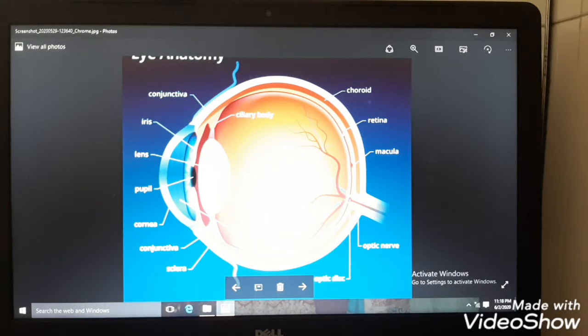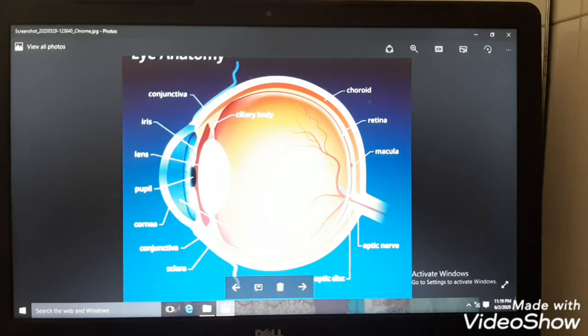And what are cone cells? Cone cells are actually color sensitive, they will tell you the color of the objects. With the help of these cone cells only, you are able to distinguish between the different colors. When a person is unable to distinguish between different colors, this condition is known as color blindness. Sometimes it happens with the purple color, people say this is blue when this is purple. So sometimes a person is not able to distinguish between the colors, and that problem is known as color blindness.